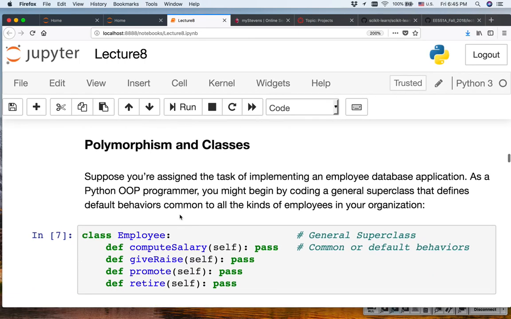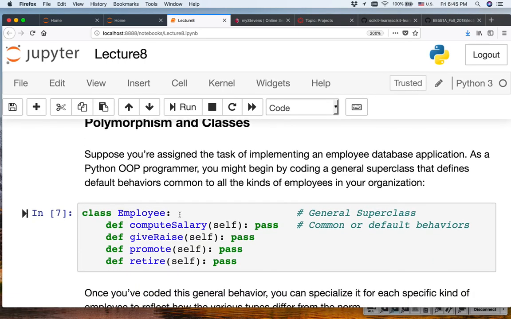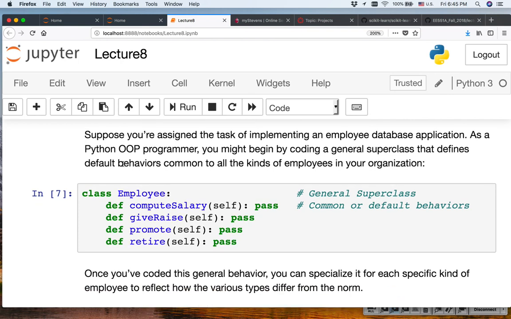Okay, so polymorphism again. Suppose you are assigned the task of implementing an employee database application. As a Python object-oriented programmer, you might begin by coding a general superclass that defines default behaviors common to all the kinds of employees in your organization. So basically, when you write a big program, you need to